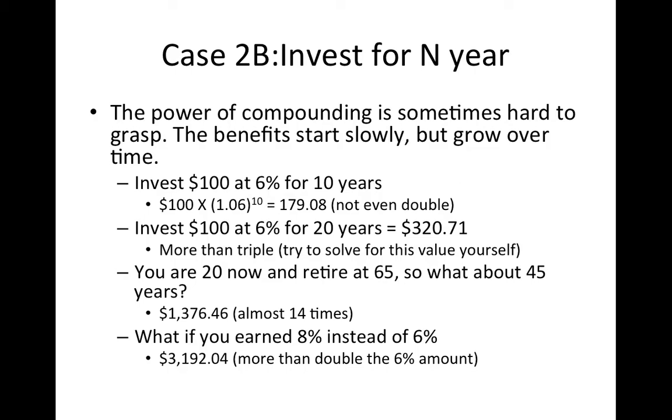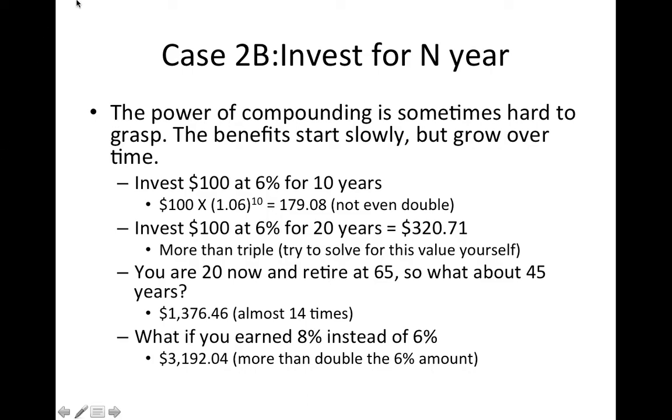So the key to this is really to understand this power of compounding. It's kind of hard to grasp with the simple examples where you go through a year or 2 or 3 years because it just doesn't seem like a whole lot of money. Doesn't seem like it makes much of a difference. I mean, in our example, after 3 years, we wound up with an extra $1. It just doesn't seem like it's worth all of that.